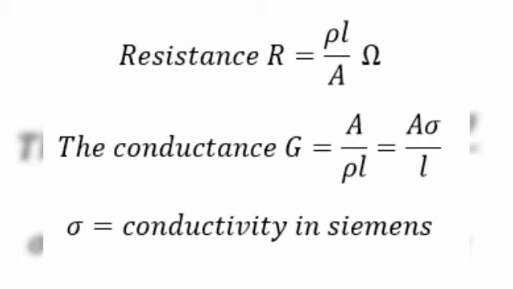And the symbol for conductance is capital G. It is the reciprocal of resistance. As you can see, if you take the reciprocal of the formula, A upon rho L will come and it is the conductance, the reciprocal of resistance. And what unit will you write? Ohm is the unit of resistance, so you can write ohm inverse, or if you don't want ohm inverse, you can also write Siemens. It is clearly mentioned. So you can also write Siemens for the conductance unit.